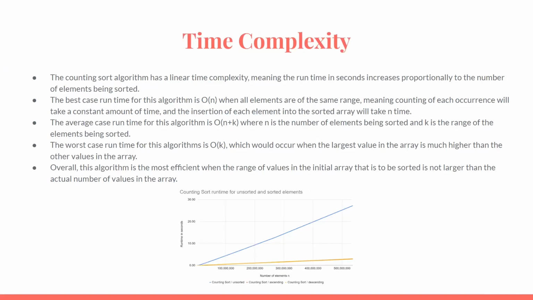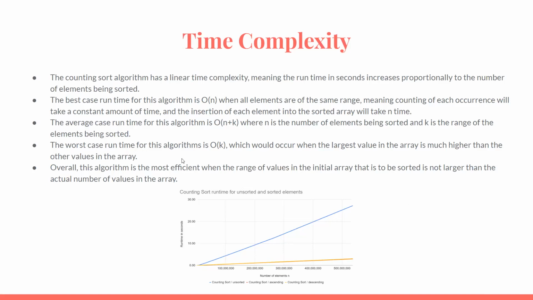For the time complexity of the sorting algorithm, it's linear, which means that it goes up proportionally with the number of elements. Also, the best runtime for this algorithm is O of n, where n is the number of elements in the array that needs to be sorted. And the average runtime is n plus k, where n is again the number of elements in the array